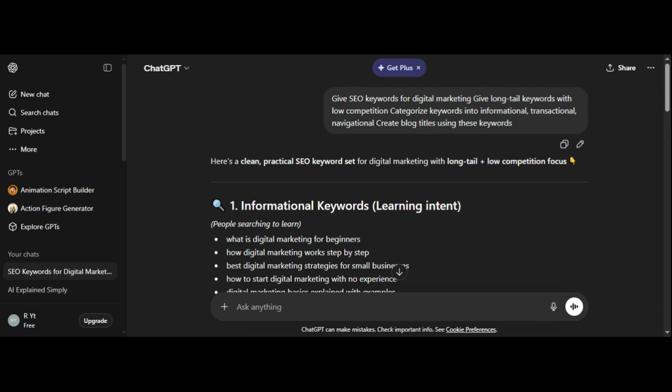So the full process is simple. First, get keyword ideas. Second, find long-tail keywords. Third, group them by search intent. And fourth, turn them into content ideas you can actually publish. That is how you use ChatGPT for SEO keyword research in a practical way that saves time and helps you